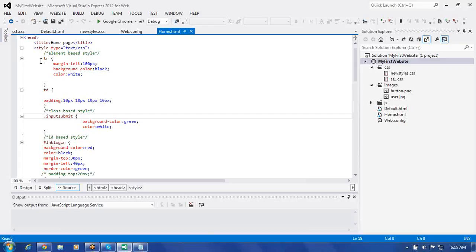And element based styles, we just put the element name followed by the style you define. And as far as ID based is concerned, we need to use hash followed by the ID. So like this, ID based styles you can have, class based style, and one more thing is element based style. Styles can be defined in three different ways: one is class based, then ID based, and one more is element based. These are the three different ways of